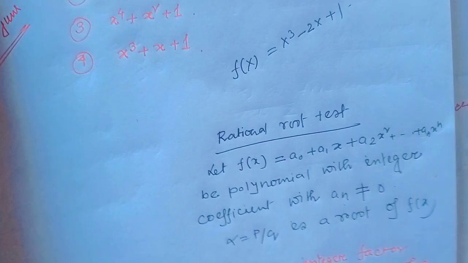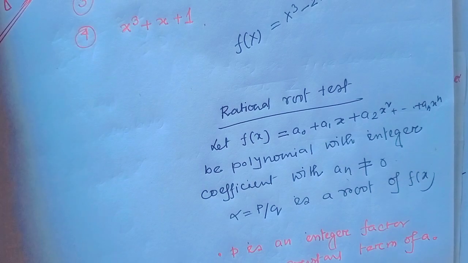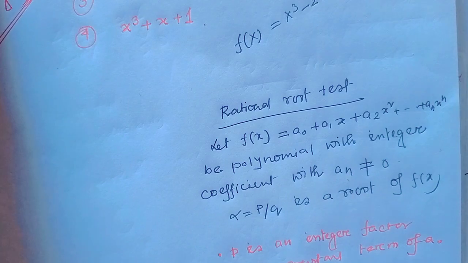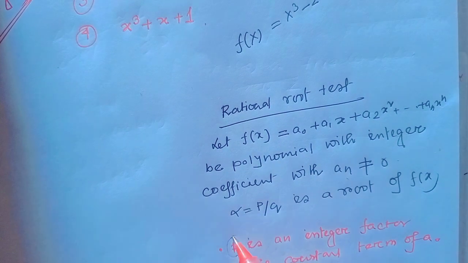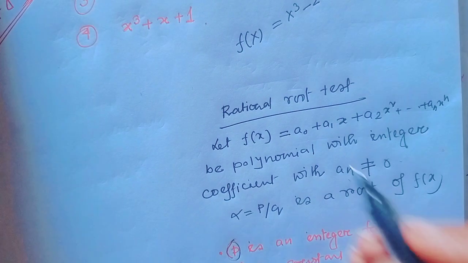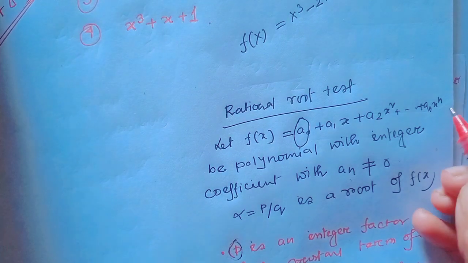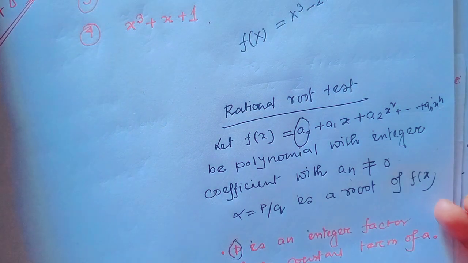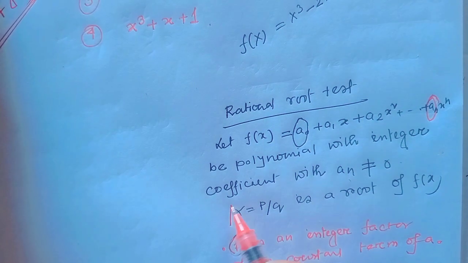Here, the root test: let f(x) = a0 + a1x + a2x² + ... + an xⁿ be a polynomial with integer coefficients with an not equal to 0, and alpha = p/q is a root of f(x), where p is an integer factor of the constant term a0 and q is an integer factor of the leading term an, and we have to find if